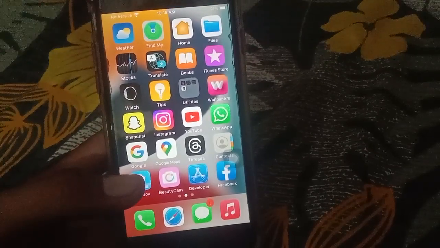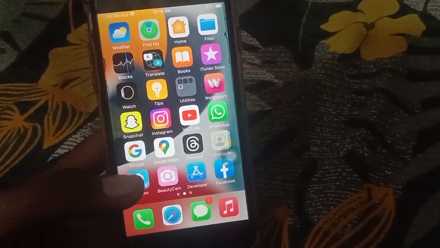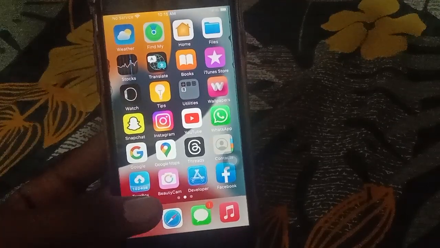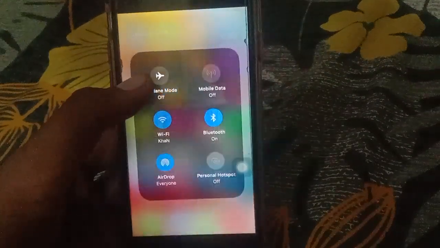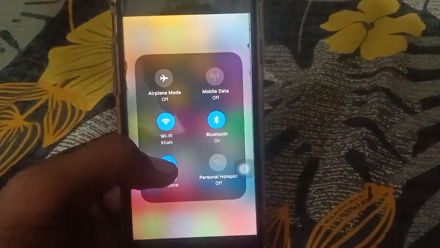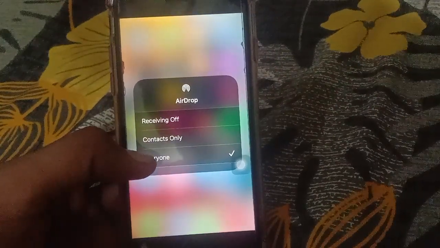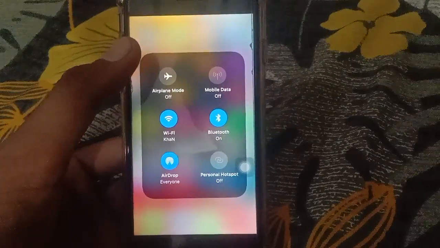So let's get started with the video. First of all, you have to fix this issue. How can you fix this issue? So first of all, open the Control Center, and then click on Wi-Fi, and then open AirDrop. Click on select Everyone. I have already selected Everyone, and then